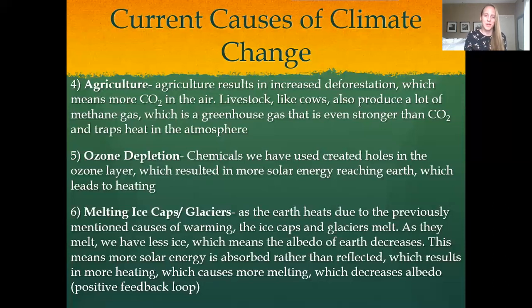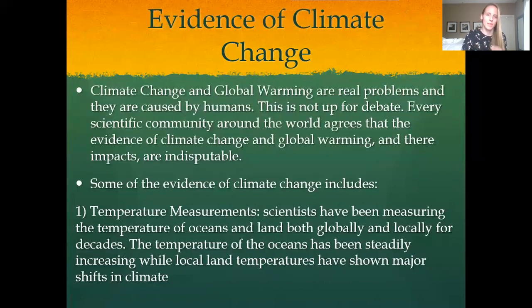The lower the albedo, the more solar energy is absorbed, which means more heating. This is the positive feedback loop that we talked about before. So all of that is the causes of climate change, but what evidence do we have that climate change